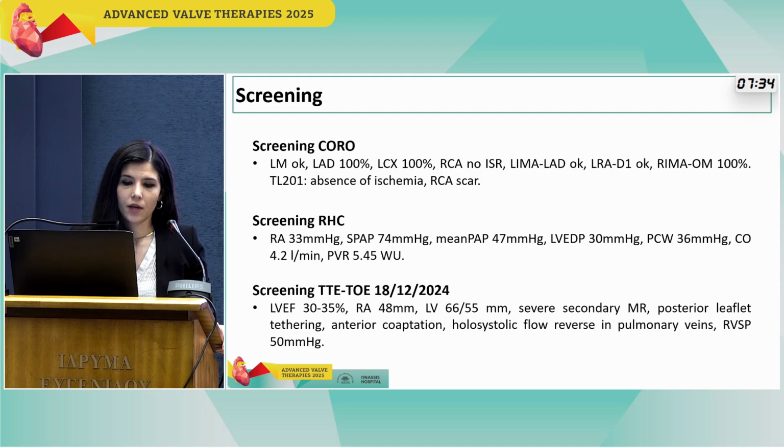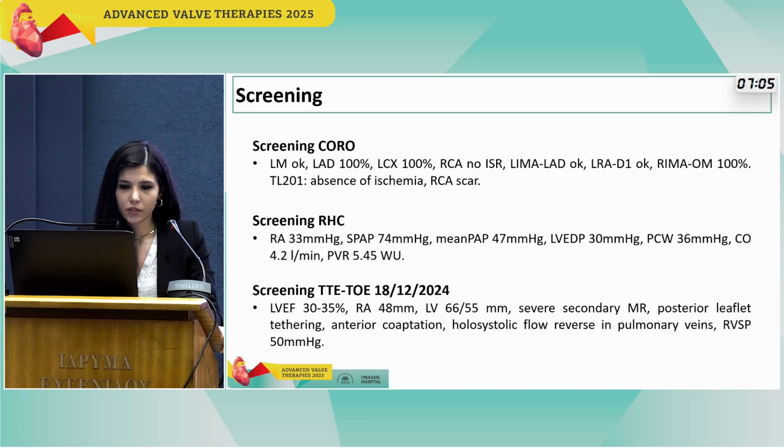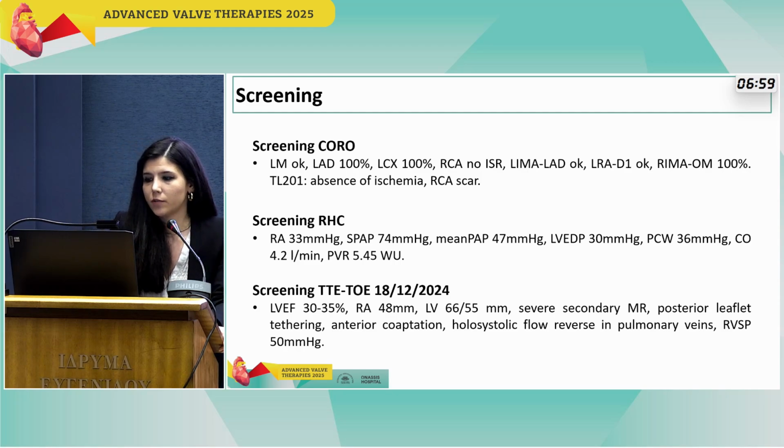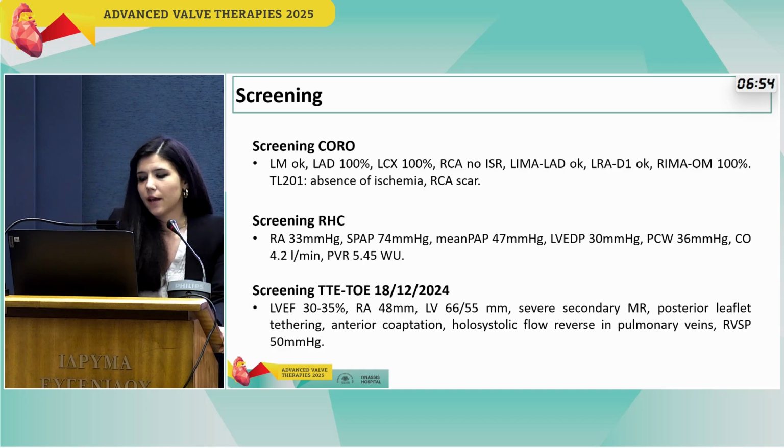So, in order to investigate our patient and see what we can do to fix his problem, the following exams were made. First of all, a coronary angiography that revealed that the graft was patent and there was no in-stent stenosis in the RCA. A right heart catheterization revealed a mean pressure of 47 millimeters, a wedge pressure of 36, and a cardiac output of 4.2. And of course,